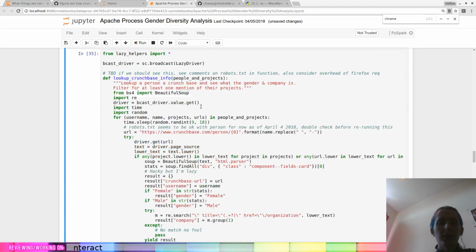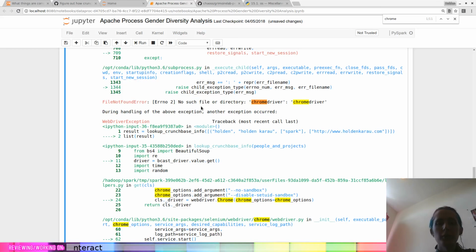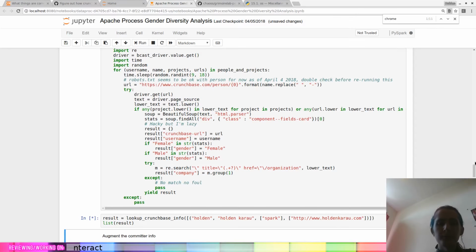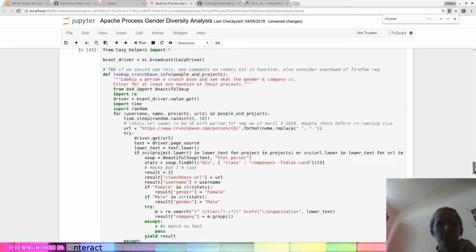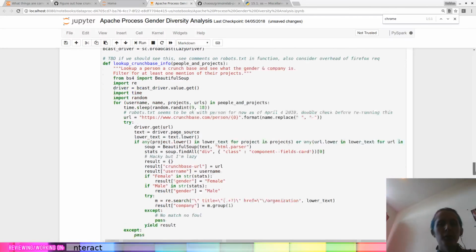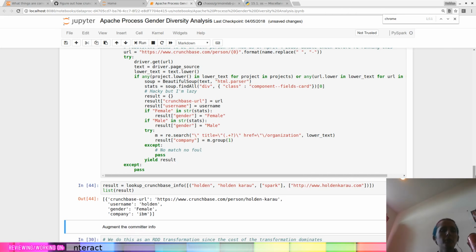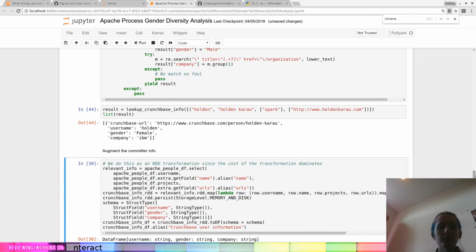This is kind of a hack and specific to my system, but also whatever. For the purpose of unblocking today, that's okay. So we just have to point this at the Chrome driver path, and then we can get the information there. I should really figure out how to update my Crunchbase profile. Cool. That looks solid. Better than nothing.